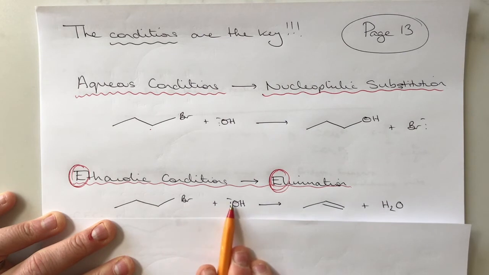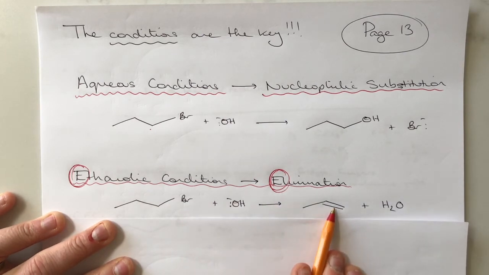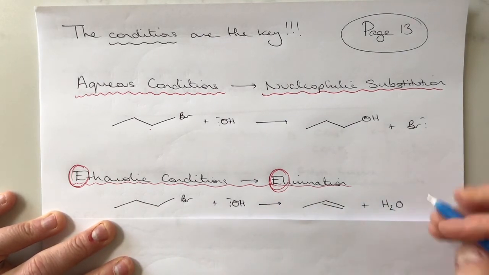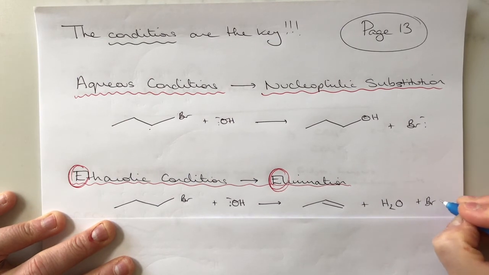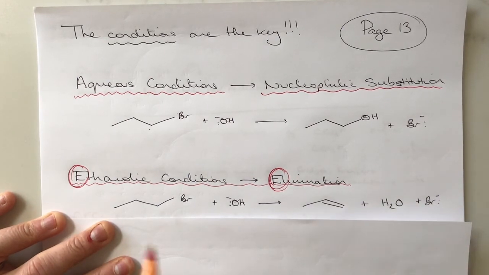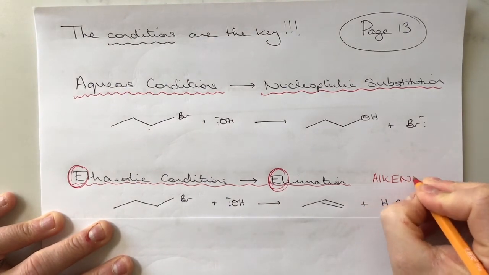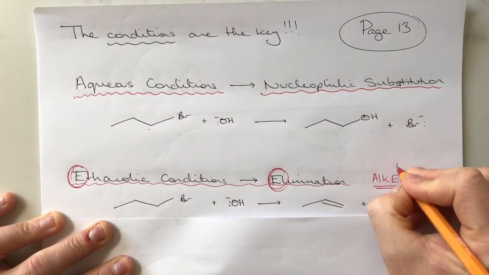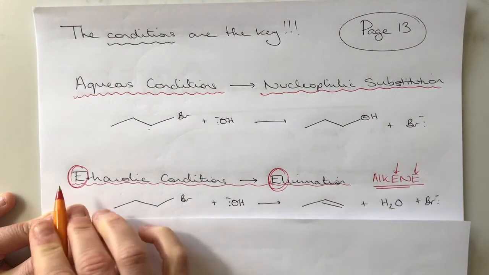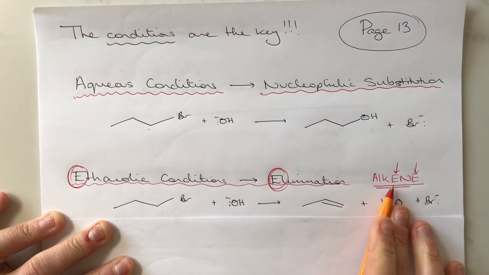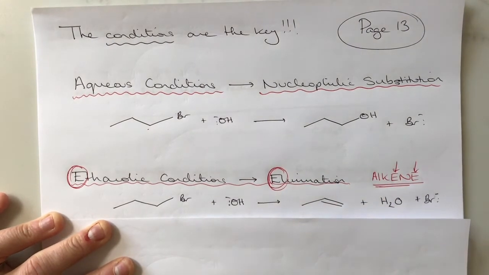And elimination mechanisms always result in the formation of an alkene. Water is formed. Oh, I also need to add my bromide ion there as well. Okay, so ethanolic leads to elimination, and it always forms an alkene as a product. So think about all those E's. Ethanolic, elimination, alkene product. So make sure you drill that into your head,